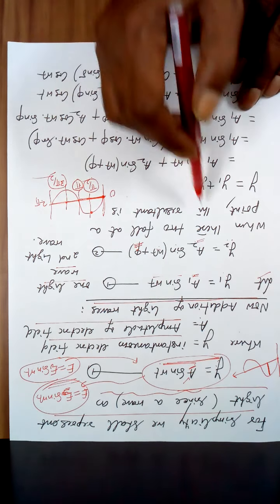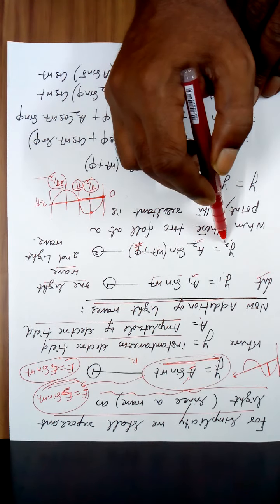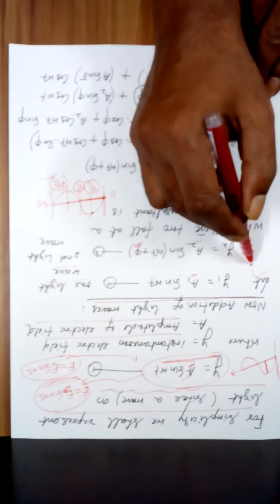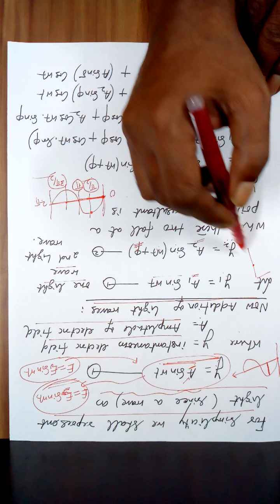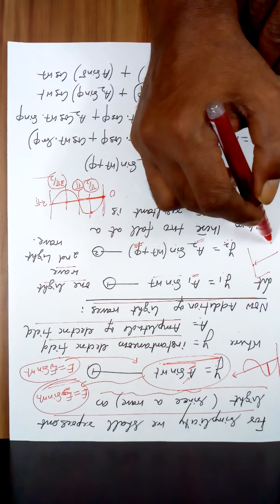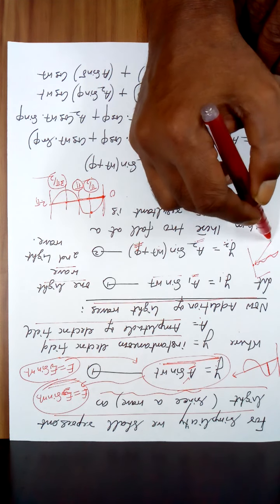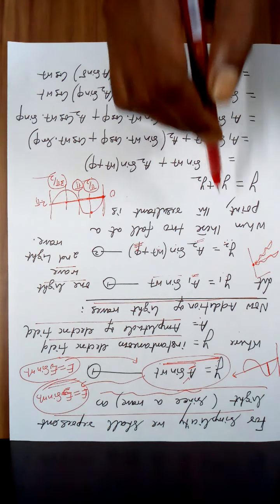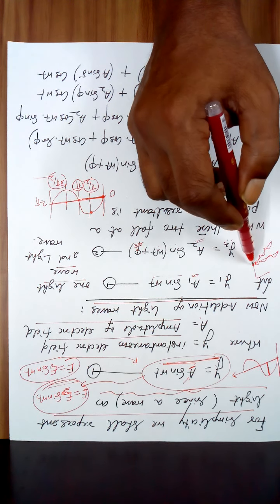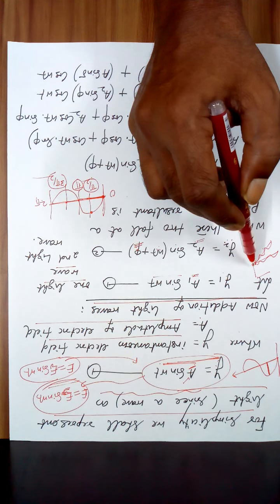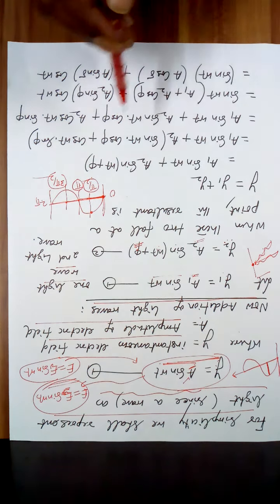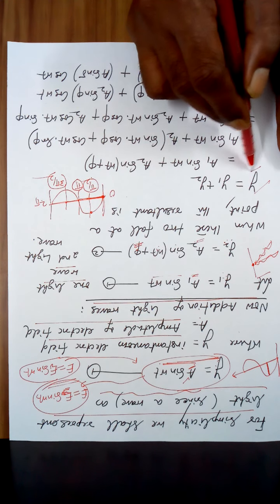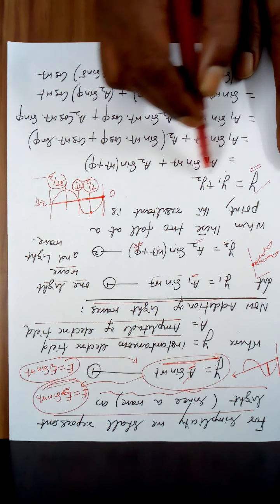So when these two light waves arrive at a point, suppose this is arriving at this point on a screen and this is arriving also at this point on the screen, then at this point how will the amplitude change? When these two waves combine, what will be the effect here, the resultant amplitude? So y1 is this, y2 is this, so let y be the resultant. So y is equal to y1 plus y2.